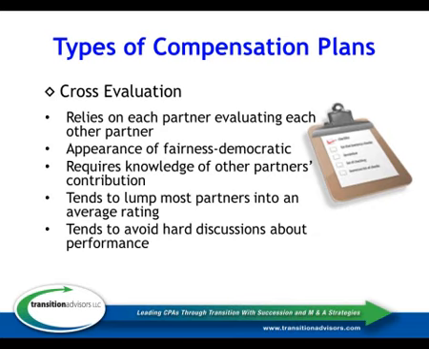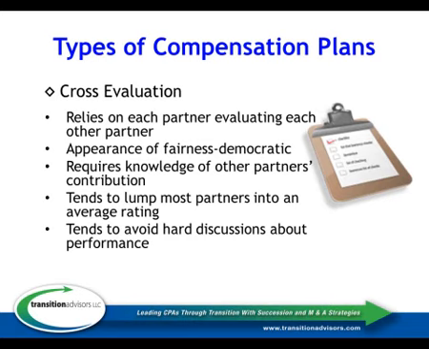So an approach that you might think about, in combination with a formula approach, is, let's take the profit pool. Maybe we start off with base compensation, maybe not. Let's assume we do. Then we end up with a profit pool that might have anywhere from 20 to 40% of the total partner compensation in it that's eligible for allocation through some kind of evaluation system. Part of that compensation will be based on some measurable criteria, like the things we just talked about. And then part of that will be based on these intangible criteria that we determine based on a cross-evaluation system.